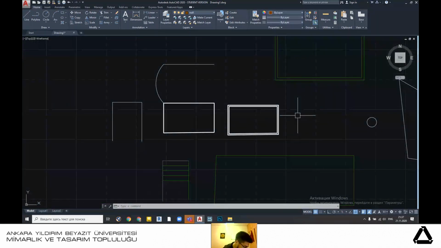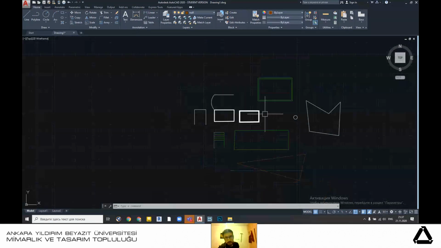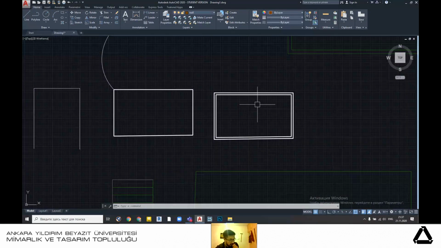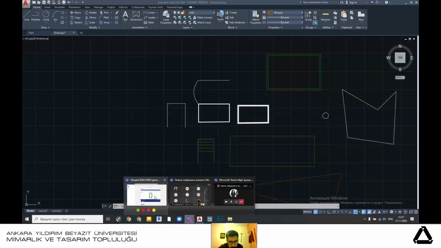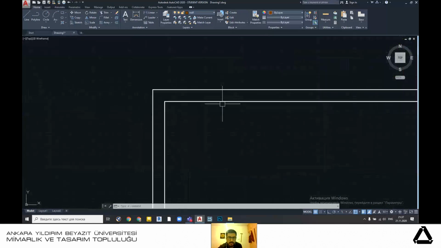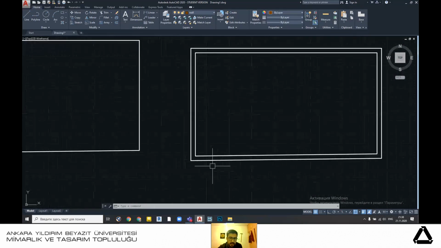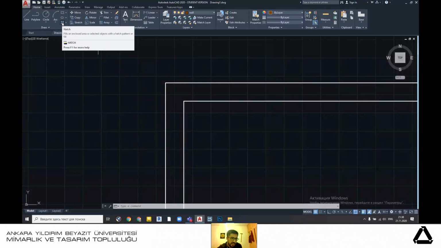So these layers, polylines, and let's also mention hatching. Hatching is important when you are specifying your materials. For example, let's imagine that we want to hatch inside of this frame, and let us imagine that this is a wall. I go here, hatch, as you can see, it's here. I press hatch,